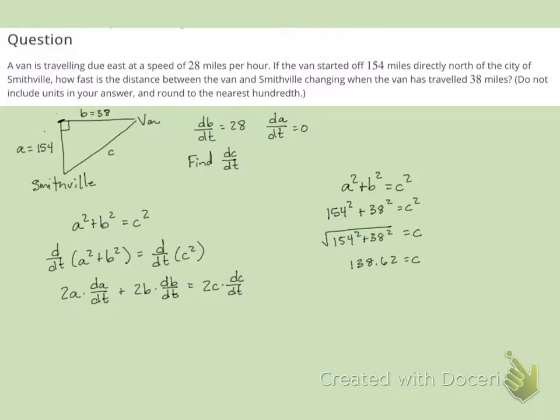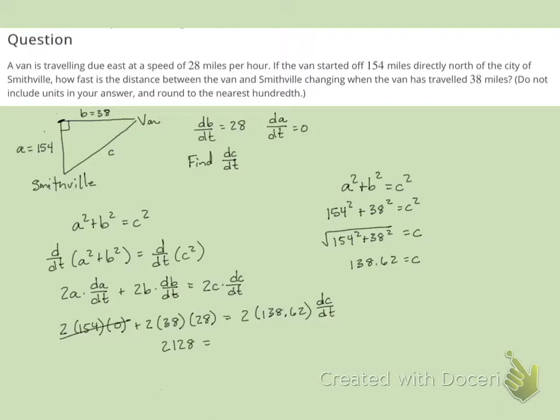So that's my c value that I can put back over here on the left. So let's put in our values. We have 2 times a, which is 154, but that side's not changing, so our rate of change is 0. And then for side B, we're finding it at 38 miles, and the rate of change is 28 miles per hour. And this is going to equal 2 times C, which we just found is 138.62, and we're trying to find the rate of change of C. So that's going to zero out. And when we multiply 2 times 38 times 28, we get